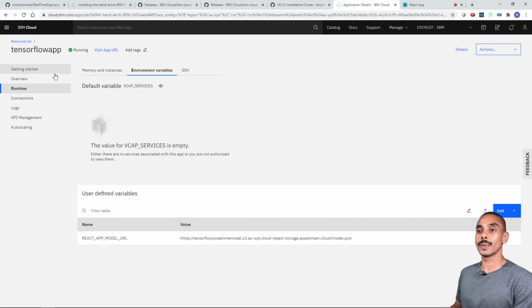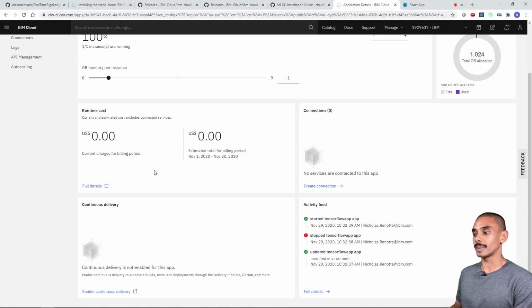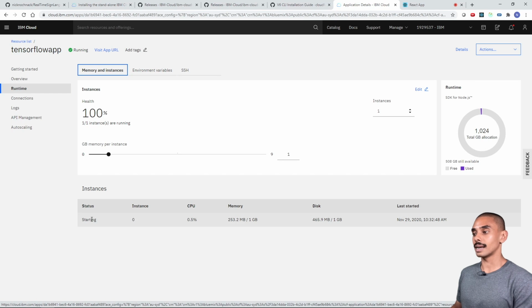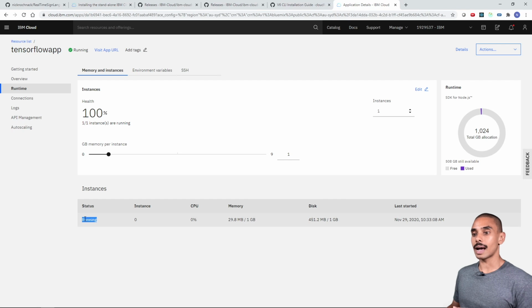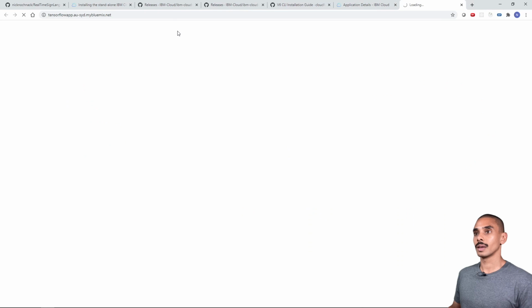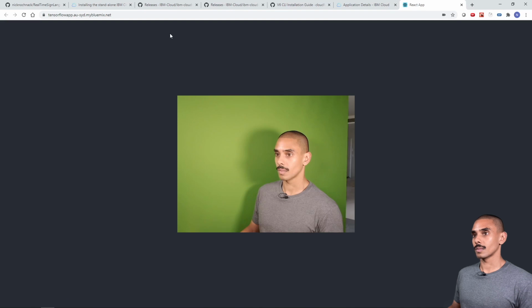At the moment it says it's running, but our app will probably take a little bit of time to start up. You can see it's starting, and as soon as it's started, we're going to be able to test it out. As soon as that turns to running, we should be able to run with it. So let's give it a sec. Perfect, it looks like our app's now up and running, so let's try it out. We can just hit visit app URL, and it looks like it's running. You can see that we're now at this URL here, TensorFlow app